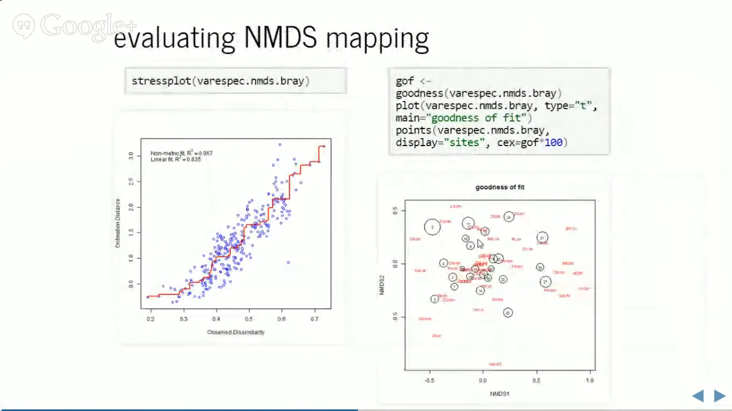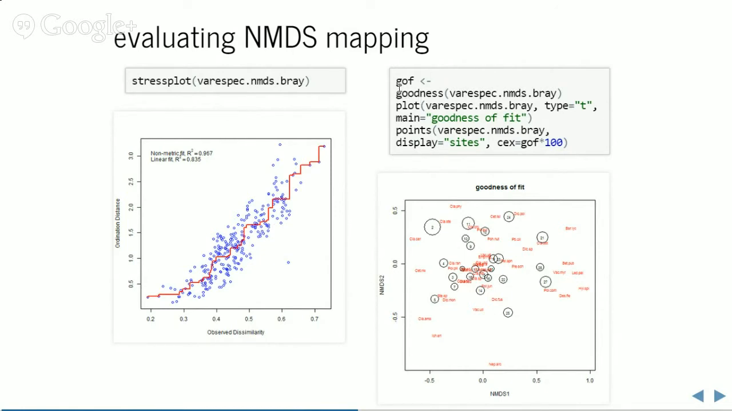so then there are a couple of ways to evaluate your NMDS mapping. One is the stress plot function, and so this is going to plot the observed dissimilarity values versus their distance on the ordination. So ideally, if that NMDS is a good representation of the actual matrix of dissimilarity values, then you'll see a strong fit between these data. Another thing to look at